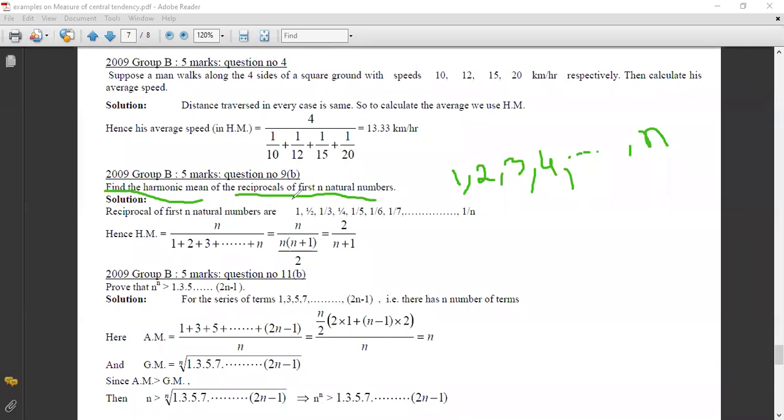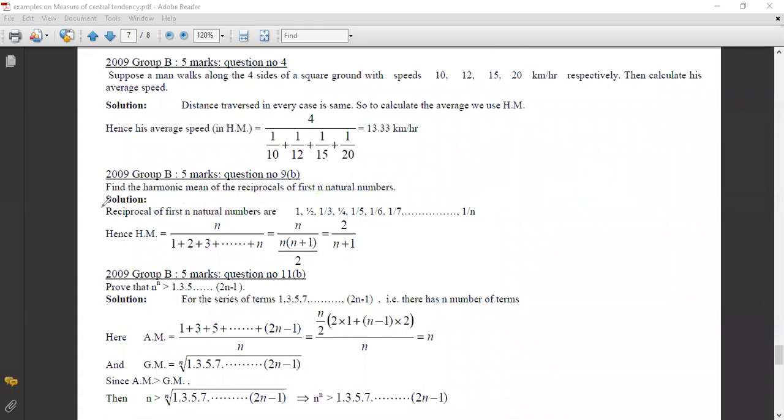Reciprocals মানে just one, that one reciprocal কত 1 by 1, 2 reciprocal কত 1 by 2, 3 reciprocal কত 1 by 3, 4 reciprocal 1 by 4. So I write it, the reciprocals, ভালো করে দেখো, the reciprocals of the first n natural numbers are 1, 1 by 1 তো 1 ই হয়, 1, 1 by 2, 1 by 3, 1 by 4, 1 by 5, 1 by 6, and so on, like last 1 by n. Okay, so they are the numbers